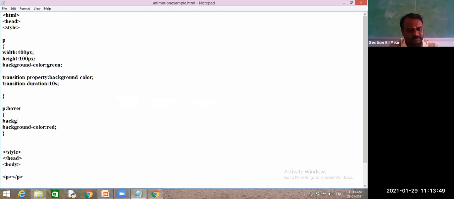Background, but it is applying for both height and width immediately. 100 pixel.